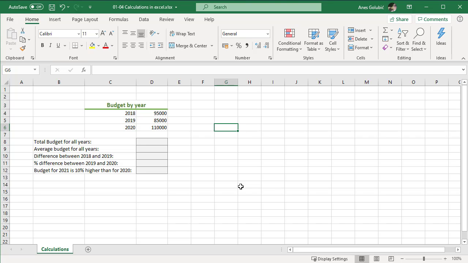In this lesson, we will learn how to input basic calculations inside Excel. We have a table of budget per year where we have 3 years and 3 different budgets. And also, we have 5 questions to answer. The first question is to determine the total budget for all years, which means we have to summarize the 3